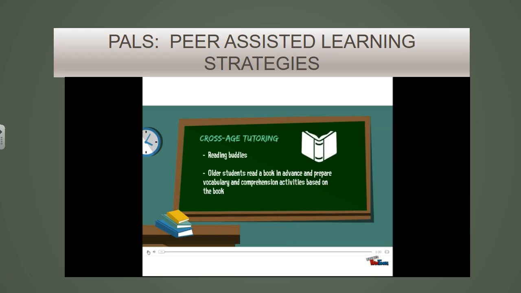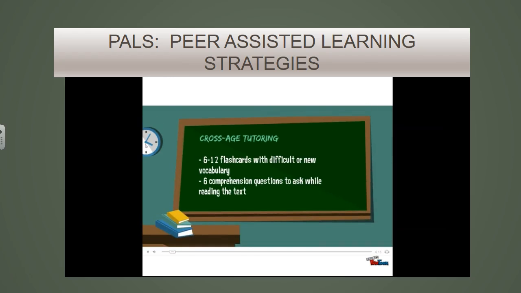Phonological awareness could also be incorporated through cross-age tutoring. In one class, 5th grade students volunteered with the Reading Buddies program and were paired with 1st graders for one period a week. The process is as follows. The 5th grade students would choose a primary level book and read it cover to cover.